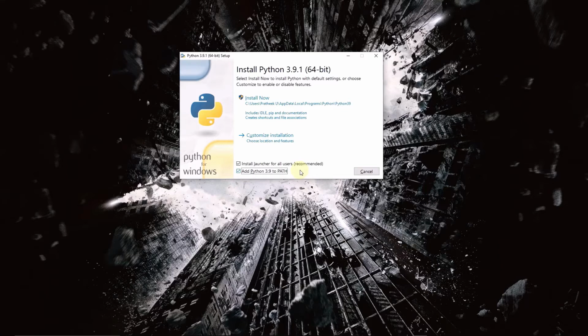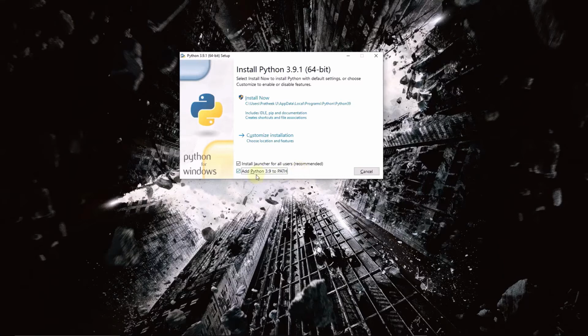The reason why we need to do this is that we are enabling Python to be declared as an environment variable. The advantage is that we can do pretty much everything that we can do with Python with our command prompt, the command line interface for Windows, and I think terminal is for macOS and Linux. So we can download a certain amount of libraries, we can write Python code using our command